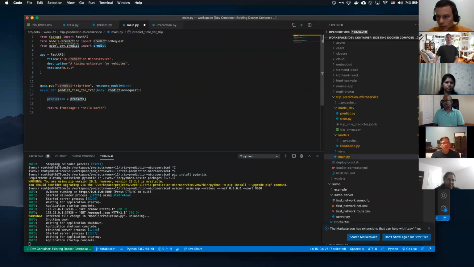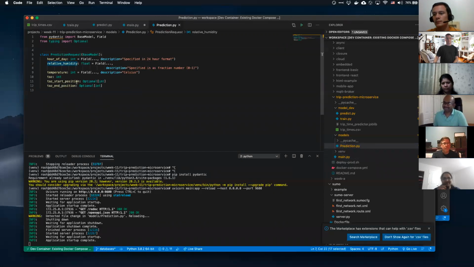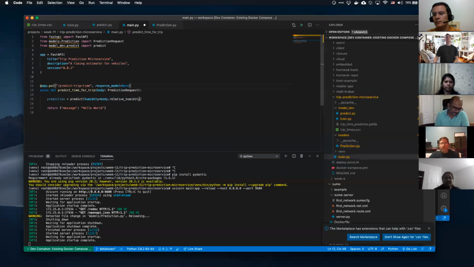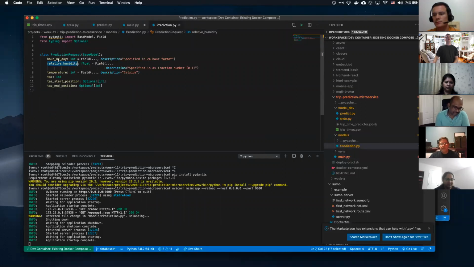And what does predict take? Well, it takes humidity. And we need body.humidity here, or relative humidity. Why is it relative humidity? Because that's what's coming off of our request body, right? And then we've got hour equal to body.hour of day.